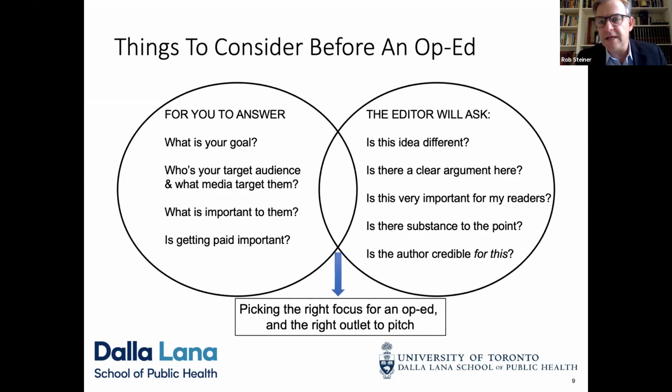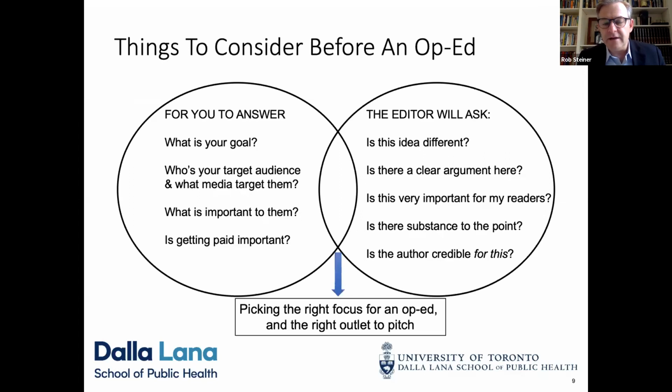Is the argument actually substantive? Is it just you flailing from the sidelines, or do you have some meat, some facts, some data that will back it up? Even though you're not reporting this as a journalist, it's important nonetheless to be skeptical about your own ideas, to kick the tires on your own predilections and ask yourself, are there data that back these up? Imagine your skeptical aunt or uncle at Diwali, at the party or at Thanksgiving: would I be able to convince her or him of this thing if they're usually skeptical about my ideas? So you have to have some real substance, and you may need to call a few folks to figure that out, or do a little broader reading.